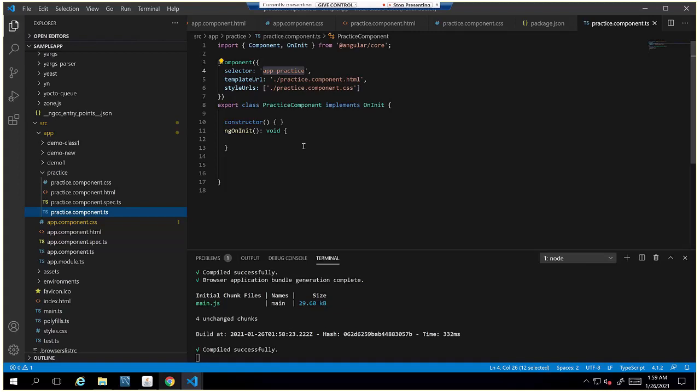Generate means g, yeah, like that. ng g c and the component name. Automatically it creates 3 files, then you can play with that. And remember that whatever the selector name is, which is there on the top of the component, that is what you need to use in the HTML to automatically load the whole component. Got it? So please try and let me know if you have any problem.